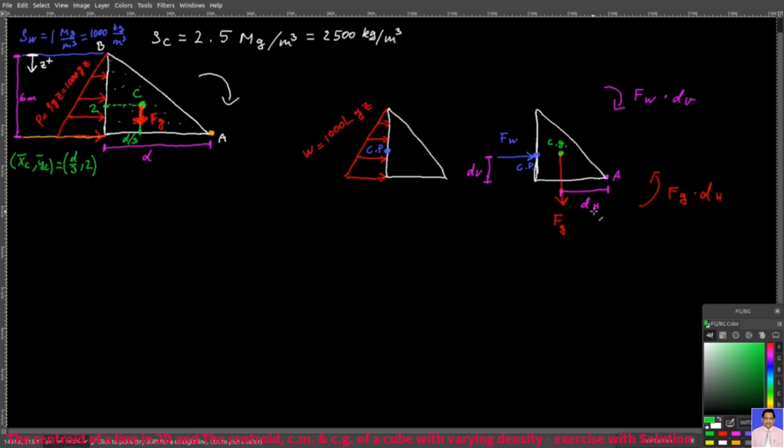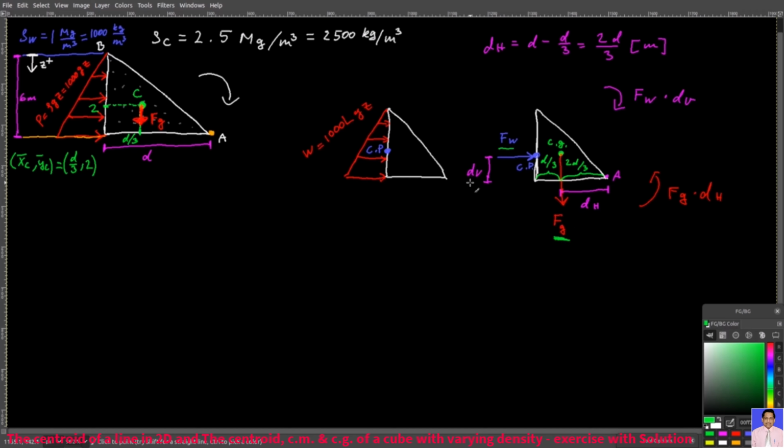Thanks to that, we know that dH equals d minus d over 3. That's 2d over 3 meters. Remember, this part was d over 3, so this part must be 2d over 3. In fact, we only needed the Cg in the x dimension, but I wanted to cover both dimensions to give you a complete picture. And now what we need to do, we need to find the force of gravity, which is this one here,